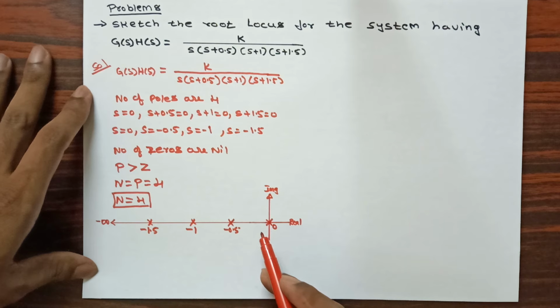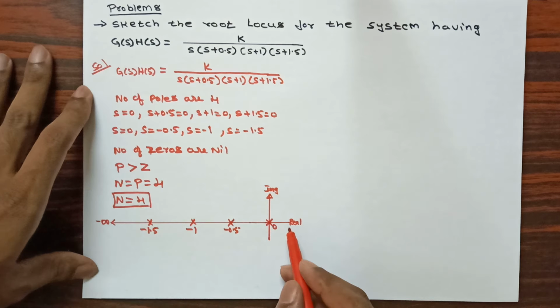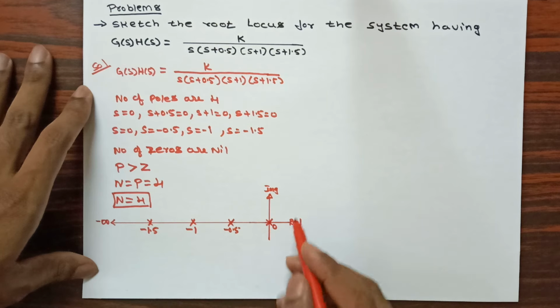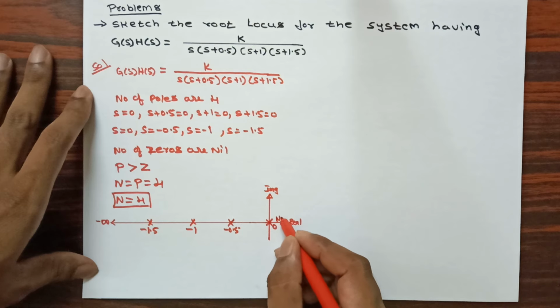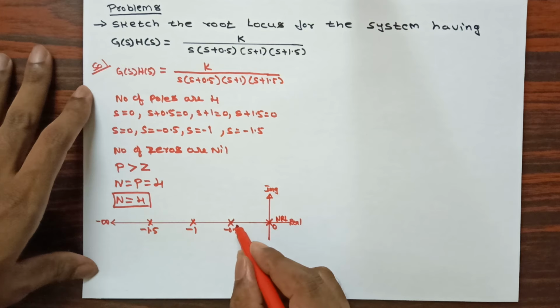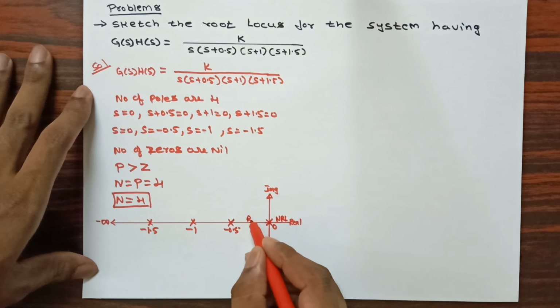We are going to consider root locus path for an odd count of poles or zeros, and we are going to consider no root locus path for an even count of poles or zeros. In this you can see on the right hand side I am not having any pole or zero till this point, that is the count is 0. 0 is an even count. For this part I am going to consider no root locus path. At this point I am getting one pole, that is odd count. From this point to next count I am going to consider the root locus path.